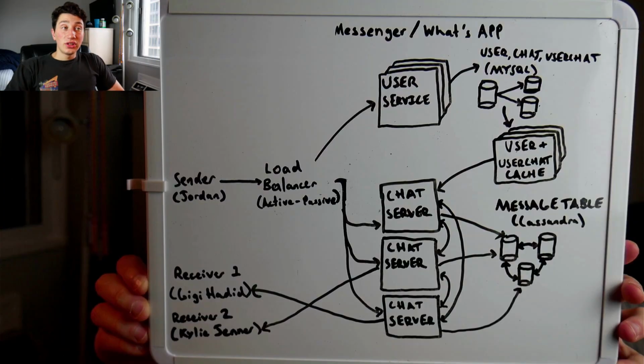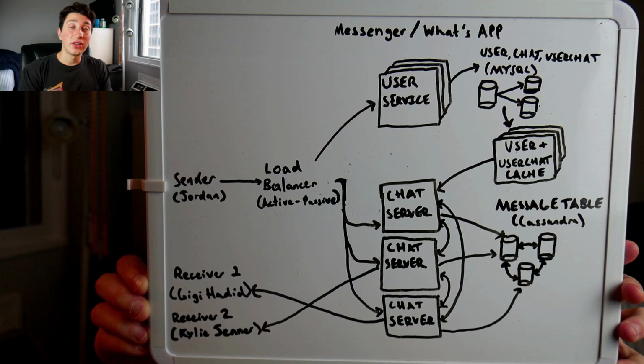Okay, let's actually go ahead and start talking about this diagram that I came up with. It's pretty in line with what I've been saying this whole video, and we can examine it. So let's imagine we have a sender, aka me, as far as this diagram goes. The first thing I'm going to do upon sending a message is it's going to reach the load balancer. As per usual, the load balancer is a single point of failure, and what I've gone ahead and done is said that we could put it in active-passive configuration for redundancy.